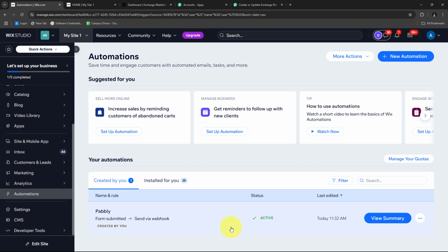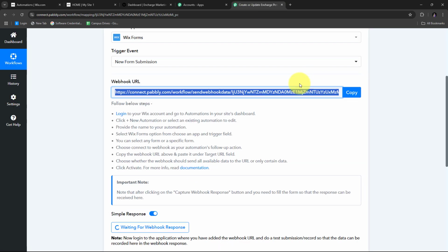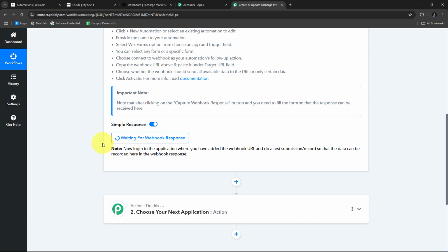Now that I've created this automation, I have connected my Wix form with Pabbly Connect, and whenever I receive a new form submission, then automatically I'm going to get that response in Pabbly Connect. So first let me take you to Pabbly Connect, and here we can see it is waiting for webhook response. Now for getting this webhook response, I need to create a new form submission, and as I create a new form submission, then automatically I'm going to get that response